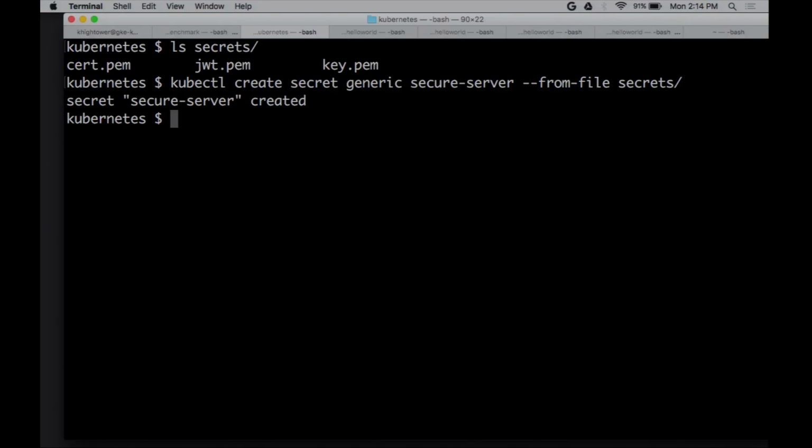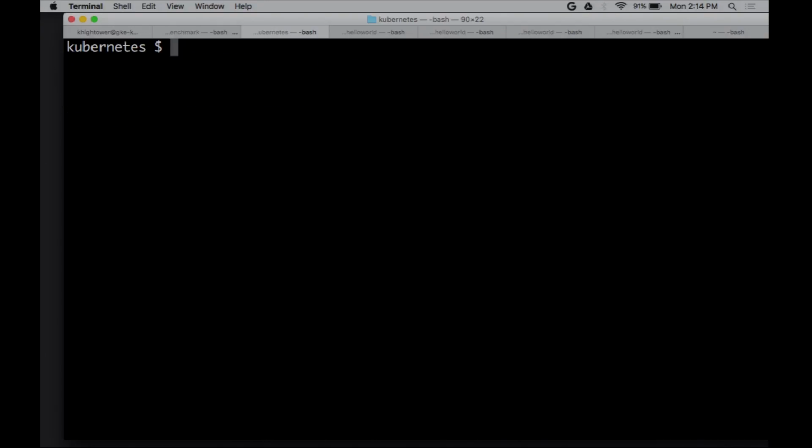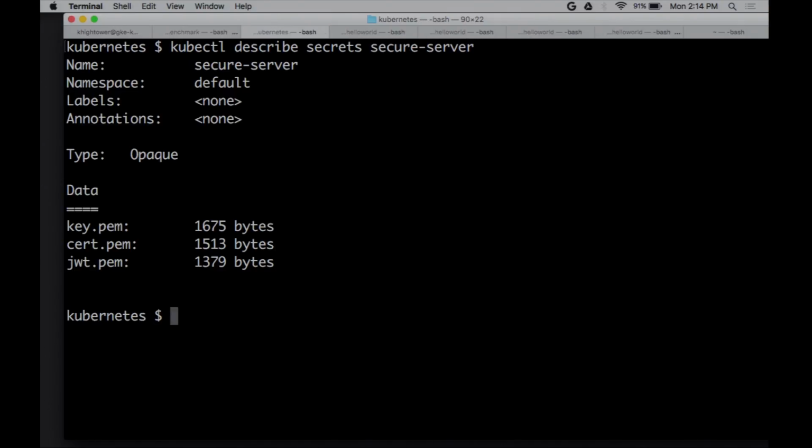So these objects now live inside of Kubernetes. I can look at those, kubectl describe secrets, and this is called secure server. So I see my secrets, and I have 3 things in there, right? I have my key, my certificate, and my